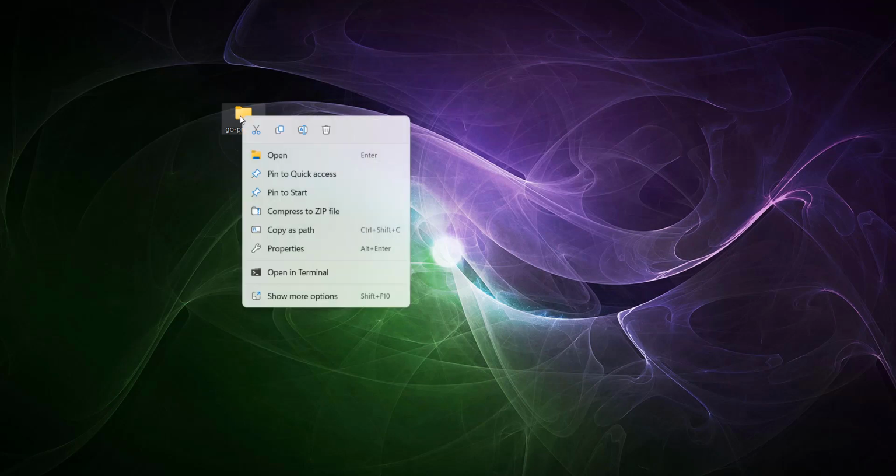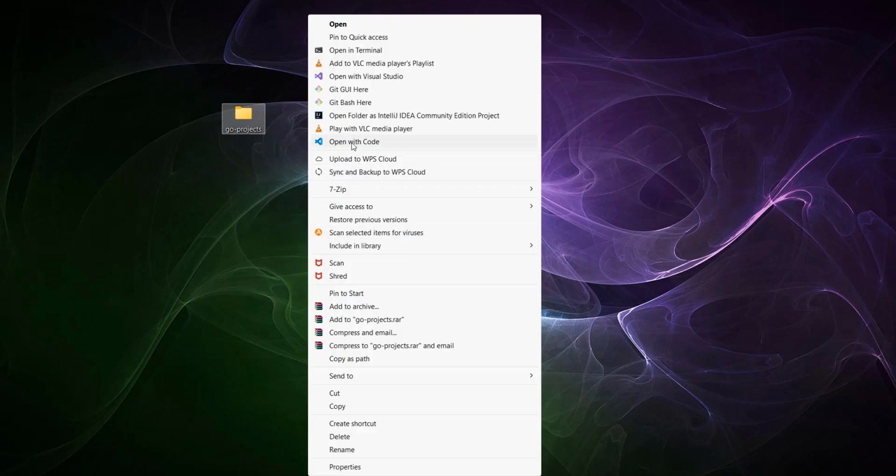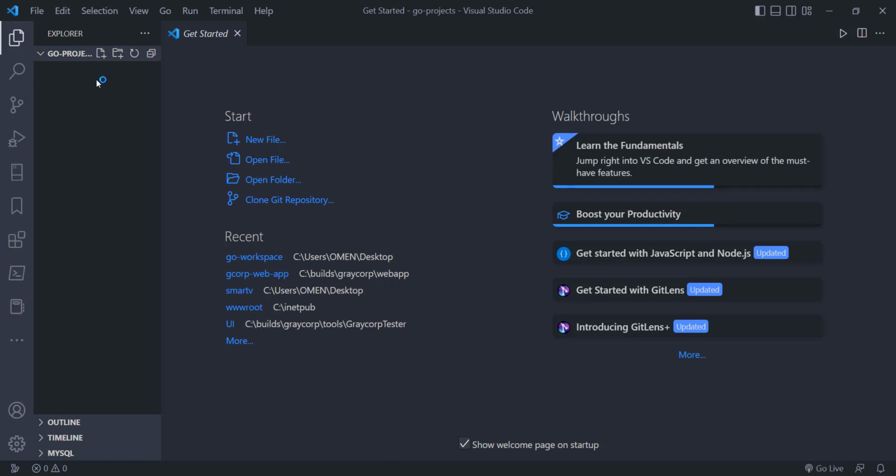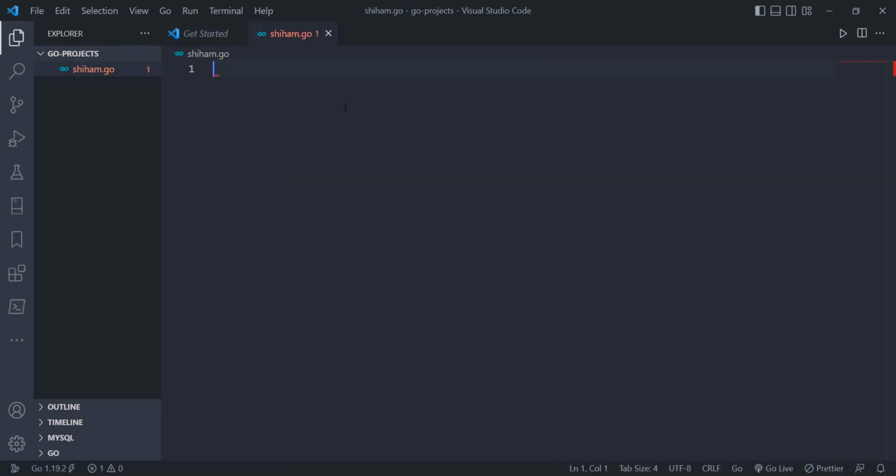Now we need to create our first program. So that's what I'm going to do now. Just right click, show more options. So I'm going to use Visual Studio Code, which is the code editor. So if you don't have that, you can basically download it and set it up. So I just did an open with code, and here it's pretty simple. You just need to create a Go file, right? I'm gonna call that shiham.go,